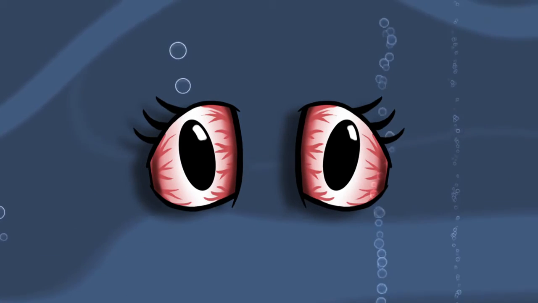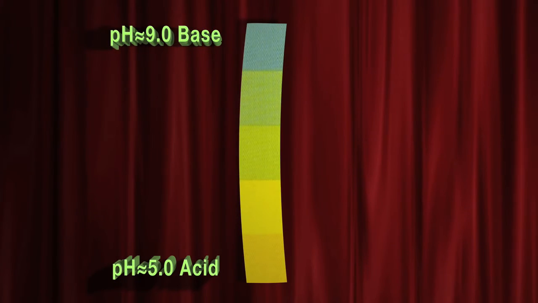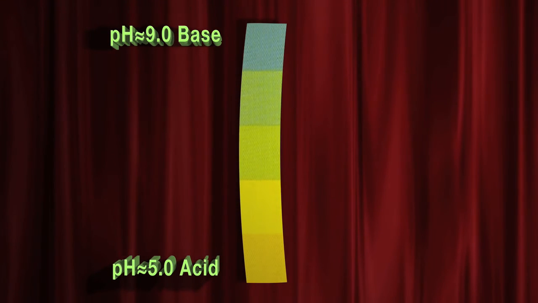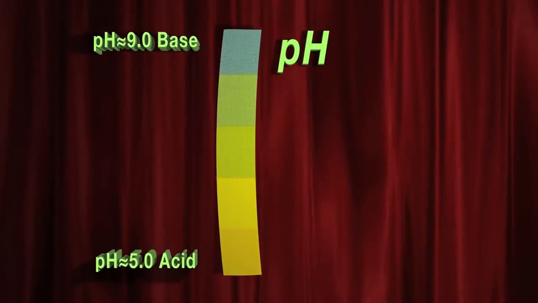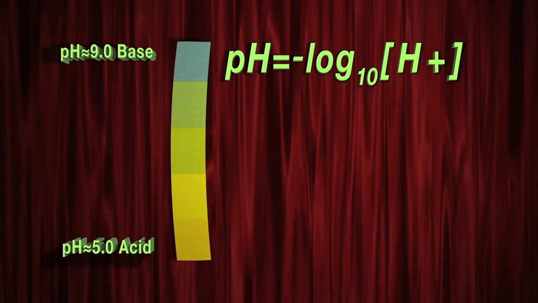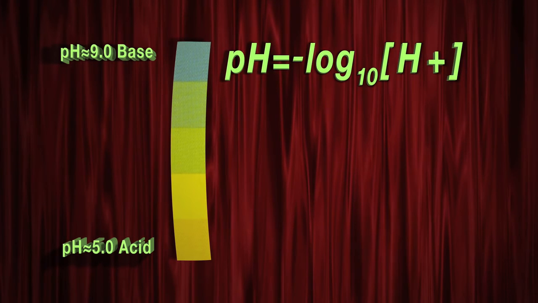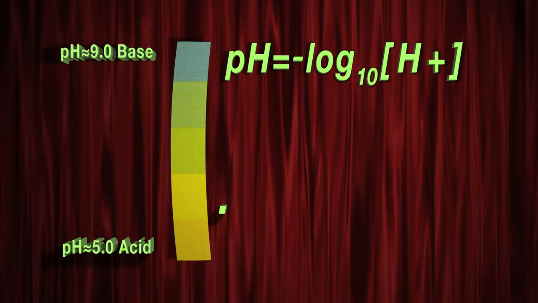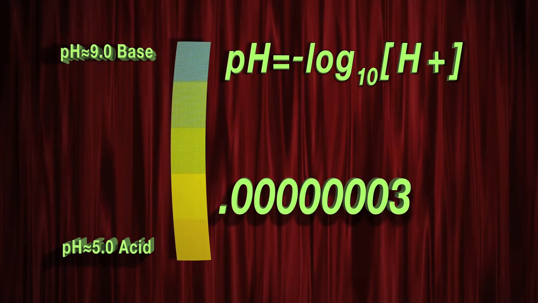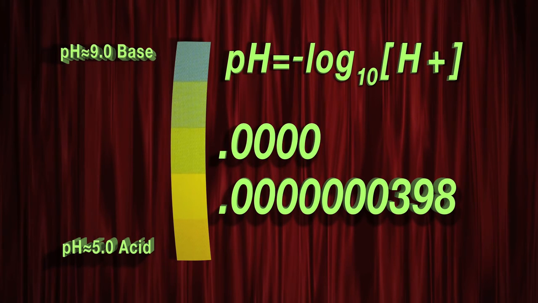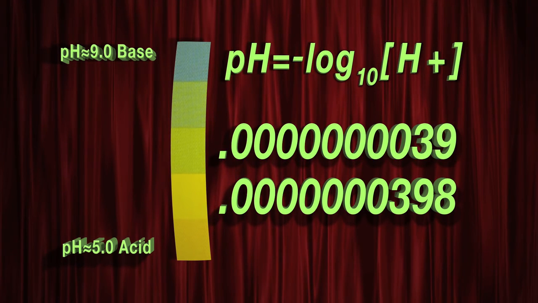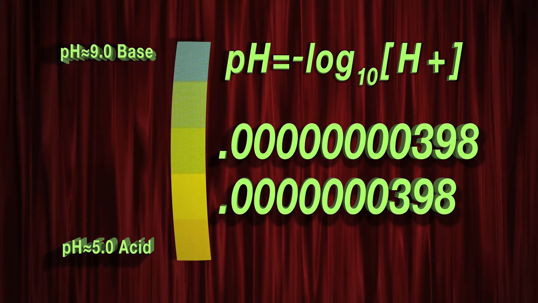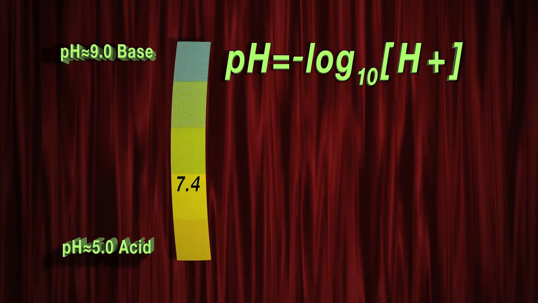Well, it leads us into an interesting use of logarithms in chemistry, finding the pH of water samples. pH tells us how acidic or basic a sample is and can be calculated with the formula pH equals negative log base 10 of the hydrogen ion concentration, or H+. We can find the pH of water samples with hydrogen ion concentrations of 0.00000000398 and 0.000000000398 quickly on a calculator. Punch negative log of each of those numbers, and you'll see the pHs are 7.4 and 8.4.